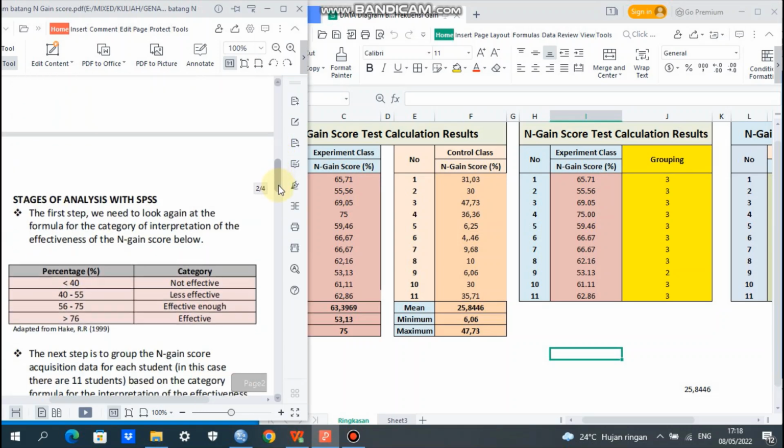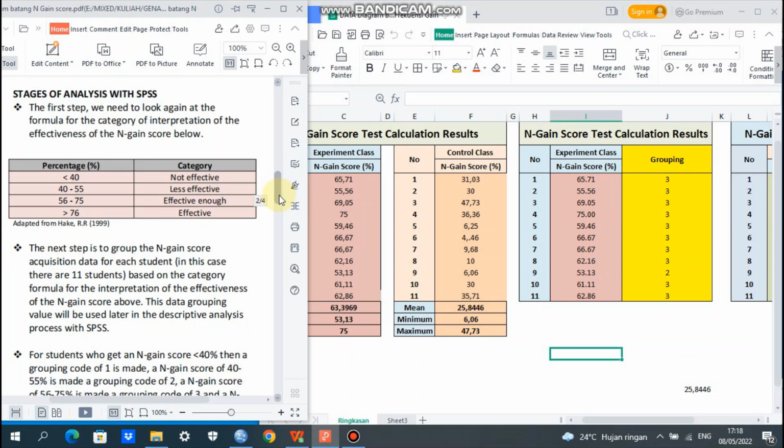Okay, now we go to the stages of analysis with SPSS. The first step is to look again at the formula for the category of interpretation of the effectiveness of the n-gain score. If the n-gain score percentage is less than 40%, it is categorized as not effective.